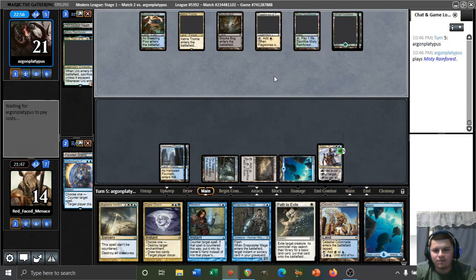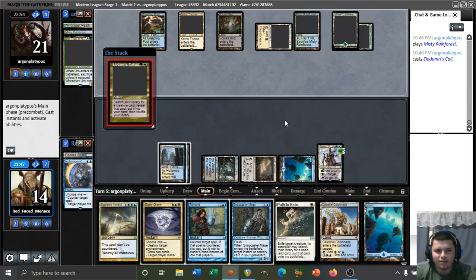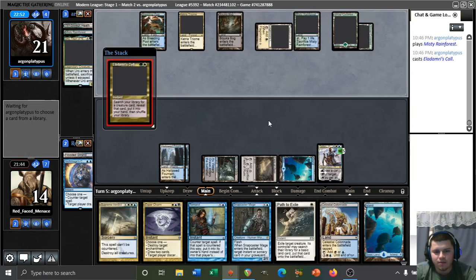Clearly, the line is to Field of Ruin our opponent's Flagstones of Trokair. Clearly. Eladamri's Call. Yep, that's fine. That would have been a great Spell Snare target, but that's fine. And they play a land already, so that's intriguing. Yeah, I don't know exactly what this could entail. Hopefully our opponent...